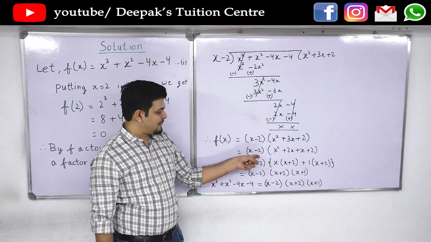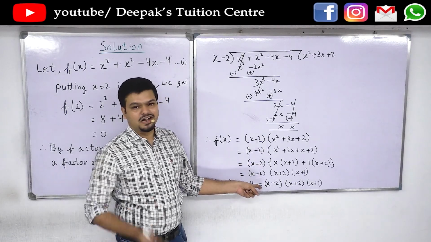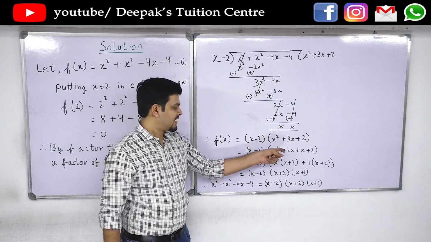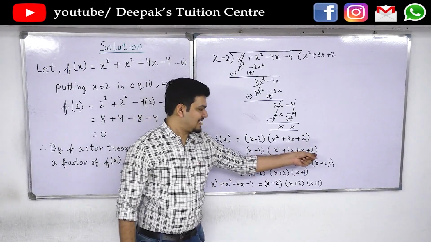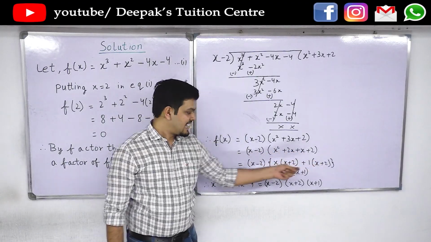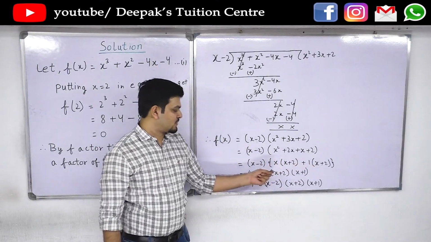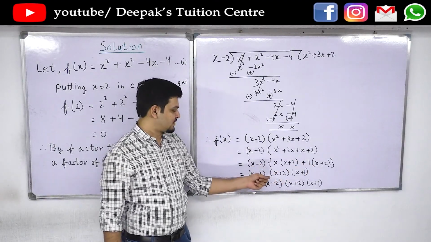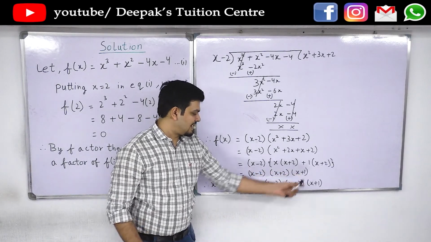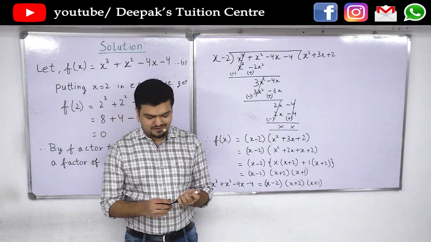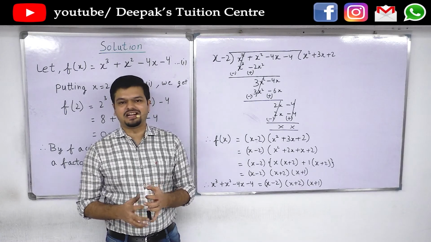We will keep copy pasting x minus 2. Do not forget to copy paste it. So we'll take 2x common from the first 2 terms and plus 1 common from the last 2 terms. And now we will take x plus 2 common from the 2 terms. So we get x minus 2, x plus 2, x plus 1 as the factors. So therefore the expression has been completely factorized.